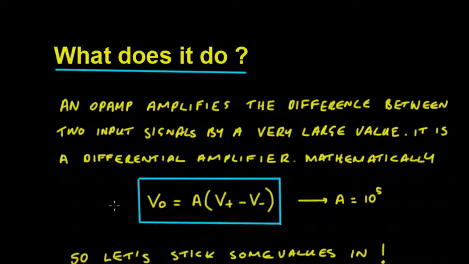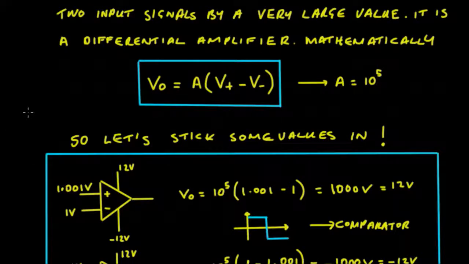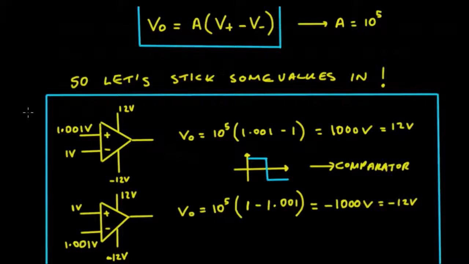So mathematically we could look at it and we could say that the output voltage there is going to equal the difference between the 2 input voltages times a huge gain, where that gain is of the order of 10 to the 5. So let's go ahead and we'll stick some values into that and we'll see how that works. So if we were to hook up the power supplies to plus 12 volts, minus 12 volts, and we were to make the V plus side equal 1.001 and the V minus side equal 1 volt,